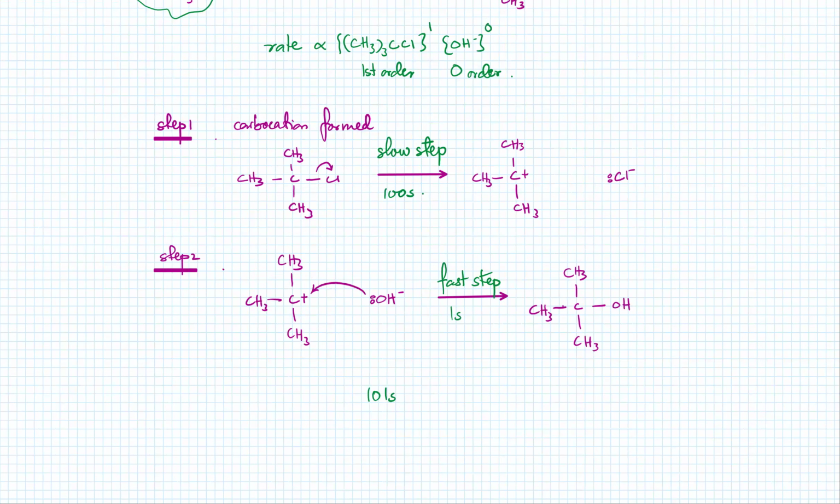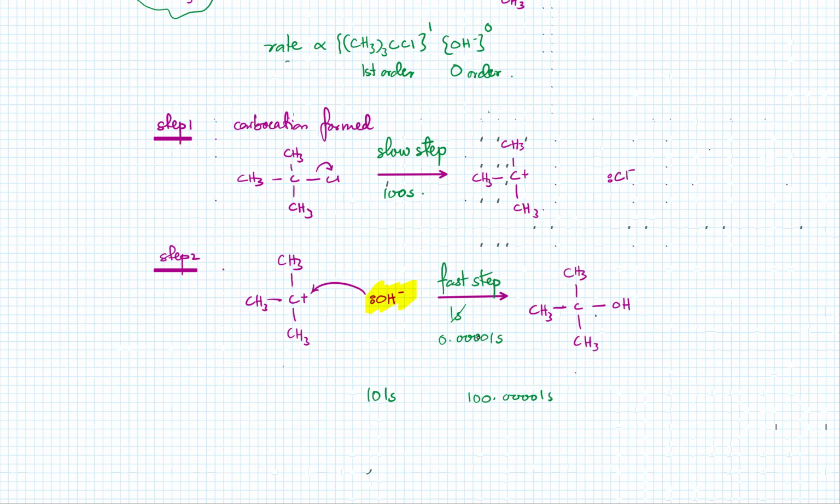So if I focus on the fast step and I try to speed that up, like let's say I speed it up a million times and it's now taking 0.001 second, right? What effect would that have on the overall speed of the reaction? Now it's taking me 100.001 seconds. I mean, that's a negligible effect, right? So the point is